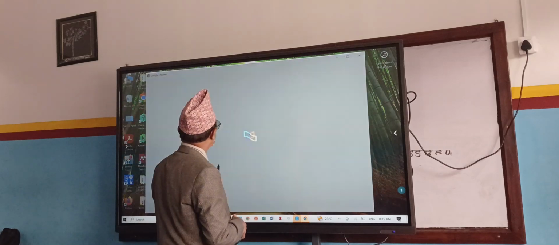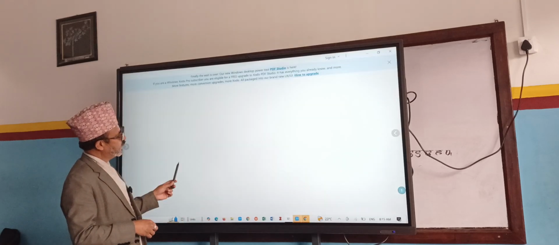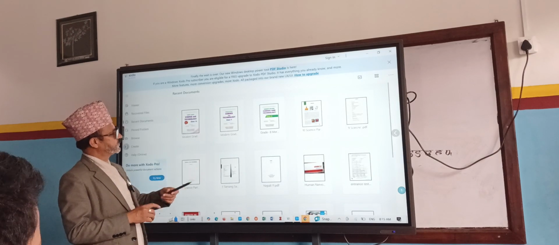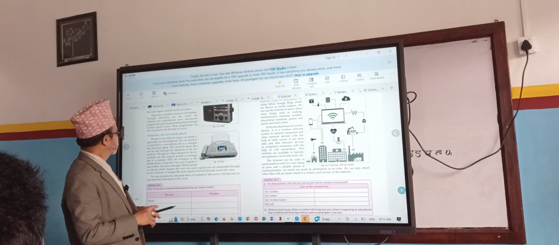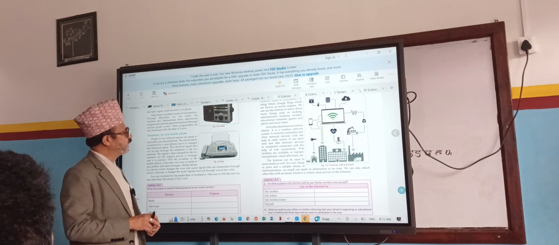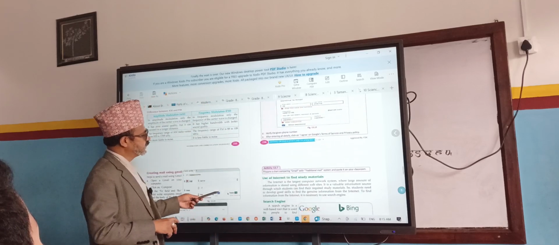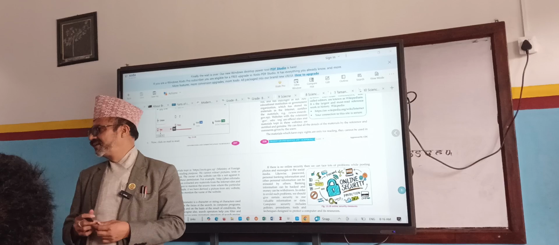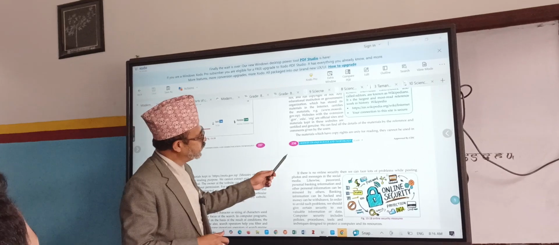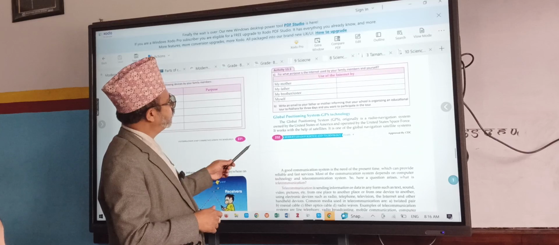Before that, let's discuss what we are talking about. Children, we are talking about the chapter on the basic components of communication. See here, these are all ICT devices, and we are familiar with them. And internet, Wi-Fi, email, GPS. What is the full form of GPS? Global Positioning System, right? And there were other things also in satellites. So some orbits were there.